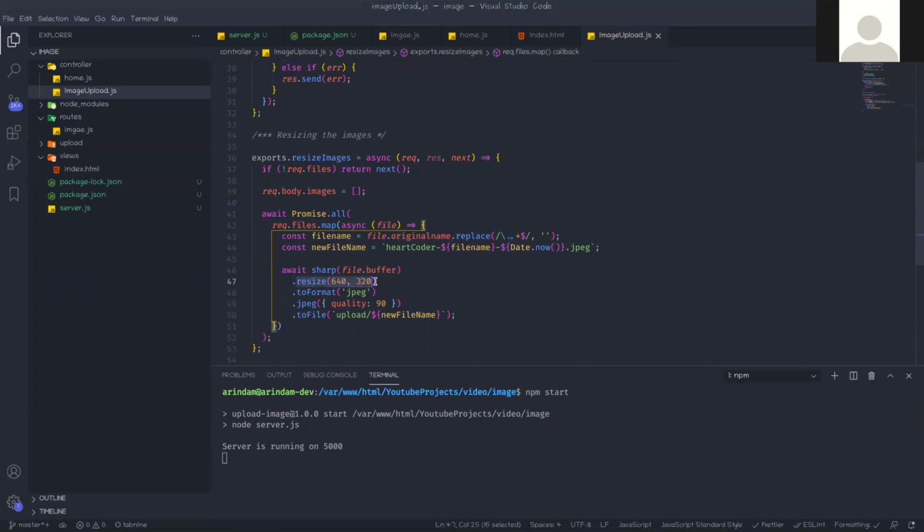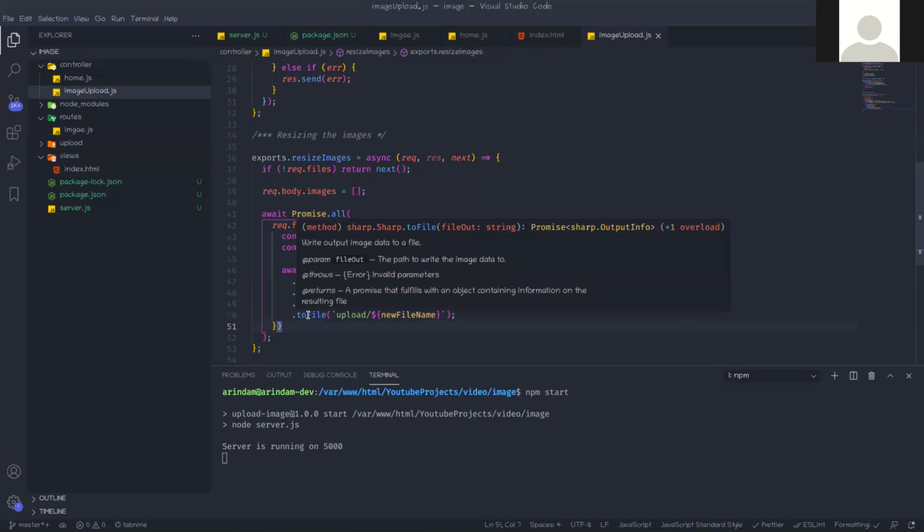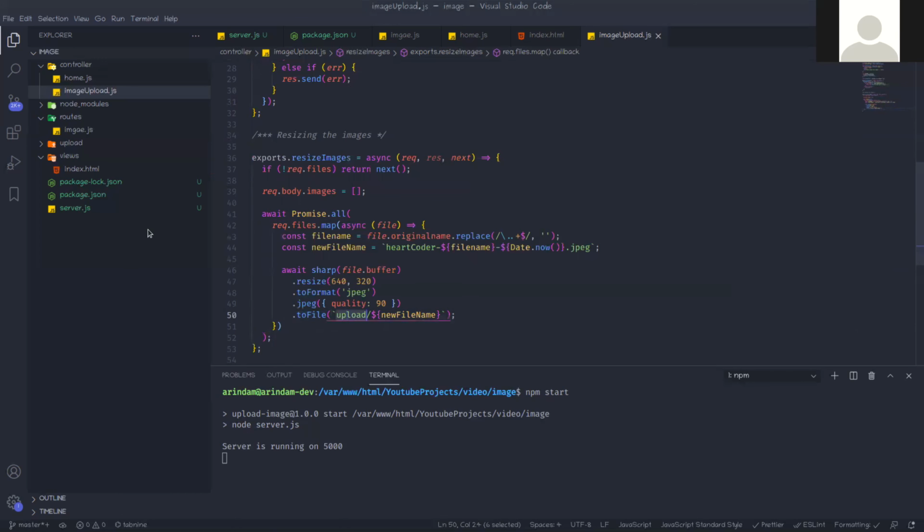First it resizes to this height and width, then toFormat, and that format is JPG. Whether the image was in PNG or JPG or any other format, we always change it to JPG, and you can also set the JPG quality. I have set it to 90. Now you need to place those files in the destination path, that should be the upload folder. So in this upload we are giving this name and storing it.